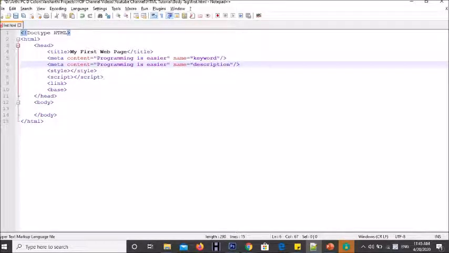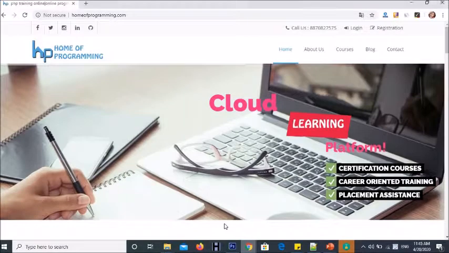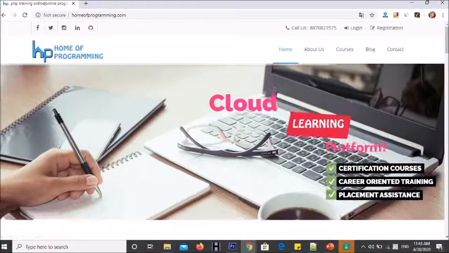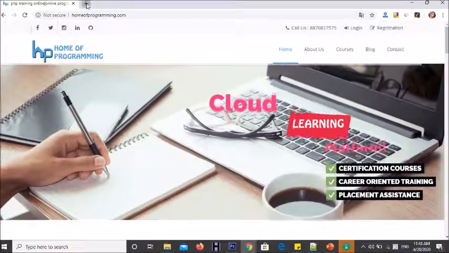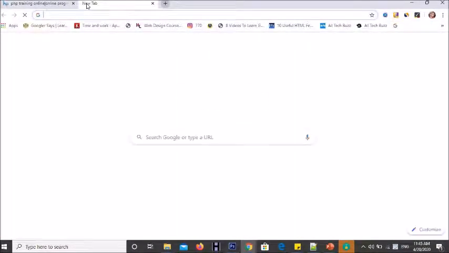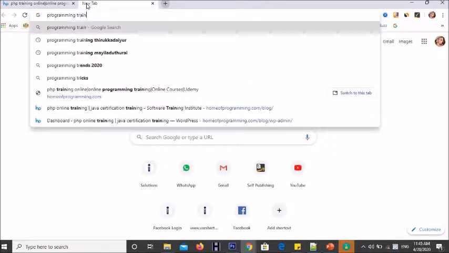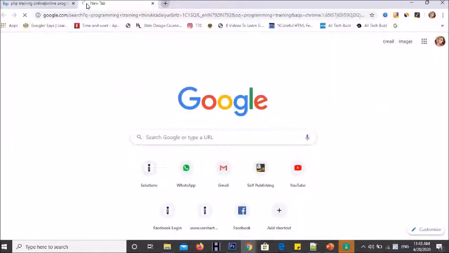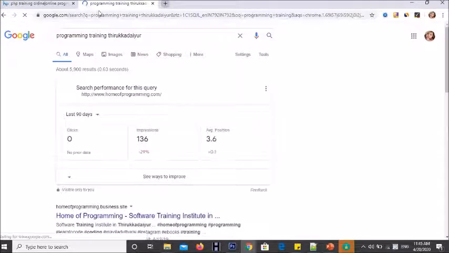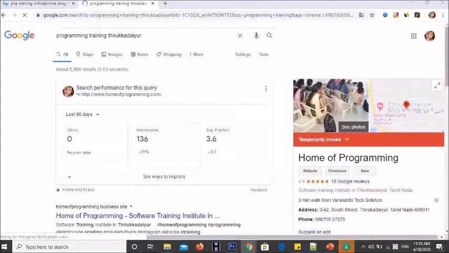The content that you give inside the meta description tag will appear when your web page is listed inside a search engine. That is, this is our web page, homeofprogramming.com. When people add some query in the search engine, our web page gets listed.